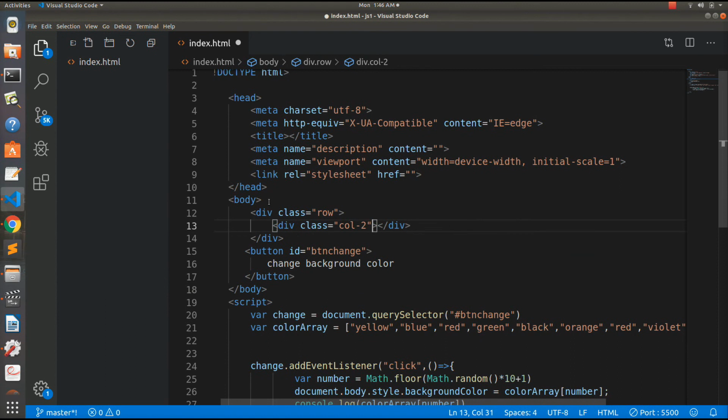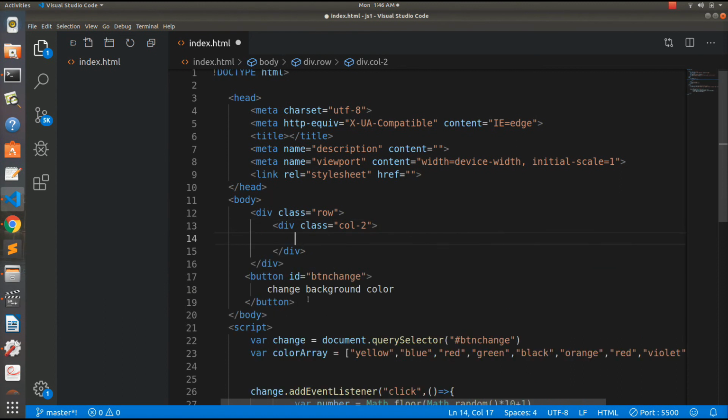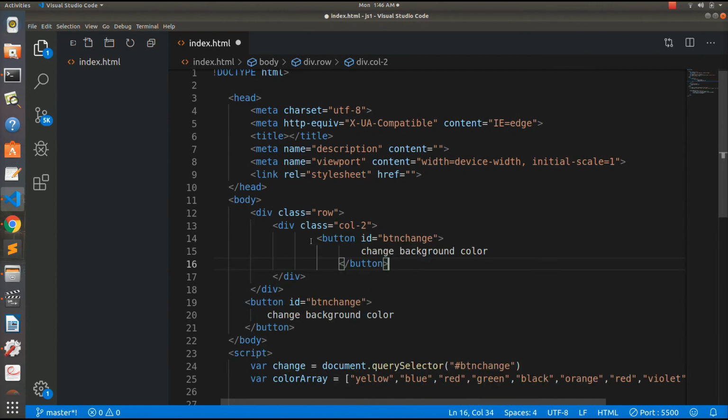I think column2 would be fine, and we will put this button in here. Okay, so if you don't know about these Bootstrap classes and other things, you can view those previous videos where I have told you how to use HTML, CSS and Bootstrap, and the link also has been provided in the description box. Okay, so now let's use the classes here.